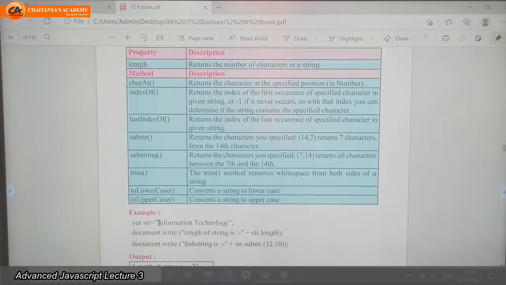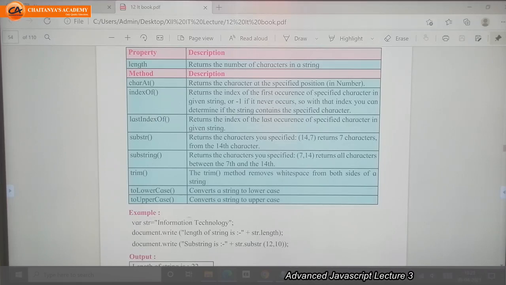For example, in your textbooks they already gave one example, var str. Var is the declaration of a variable, str is the name of that variable. Here they stored one string, which is any text with a set of alphabets or numbers in double quotes: information technology.